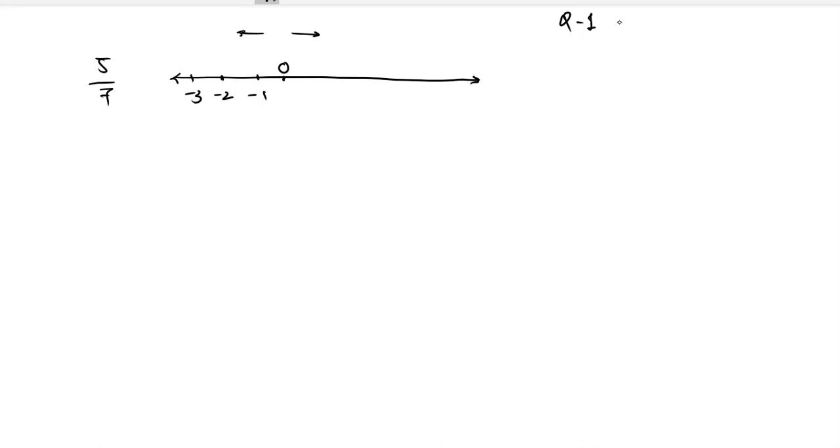So the first question you should ask yourself is whether the given number is positive or negative. So you can find its location. If it is positive, then it should be on the right side of 0. If it is negative, then it should be on the left side of 0. Okay, the second question,